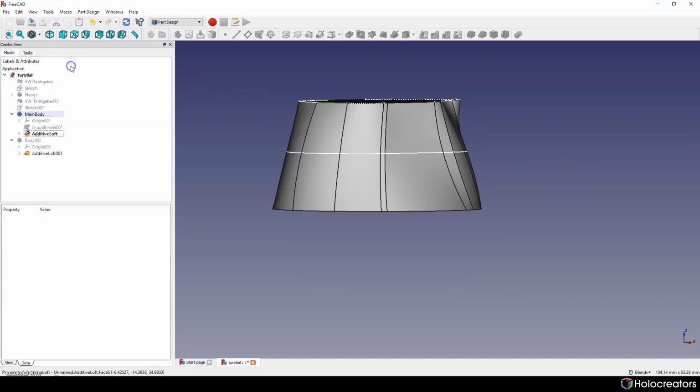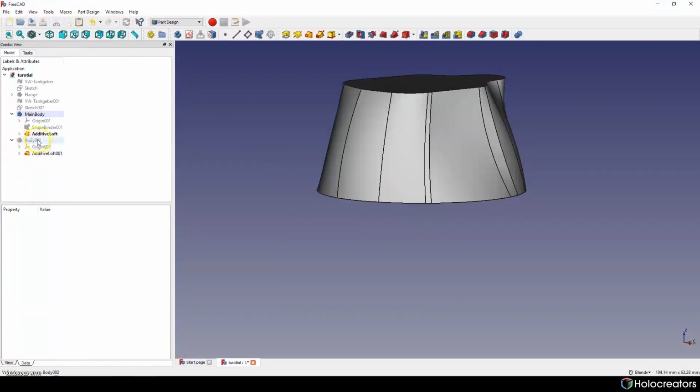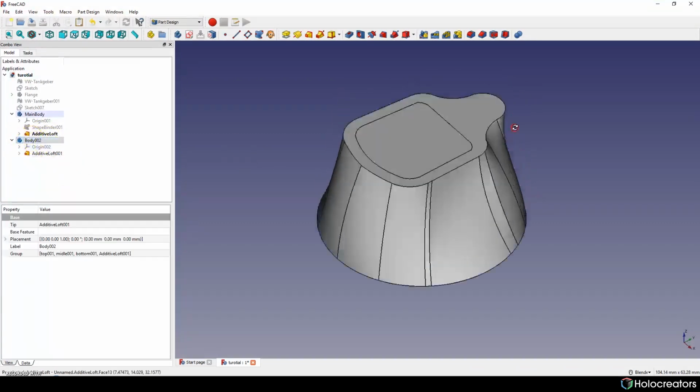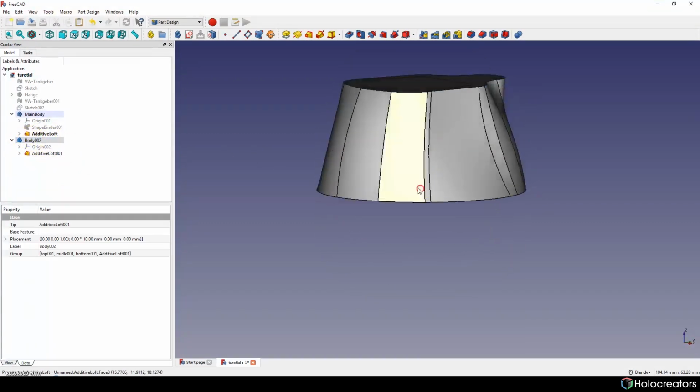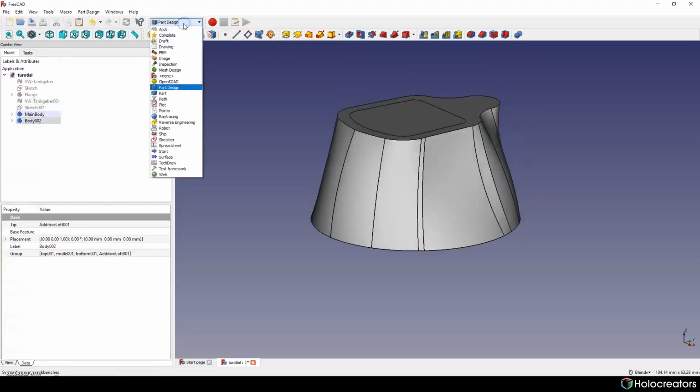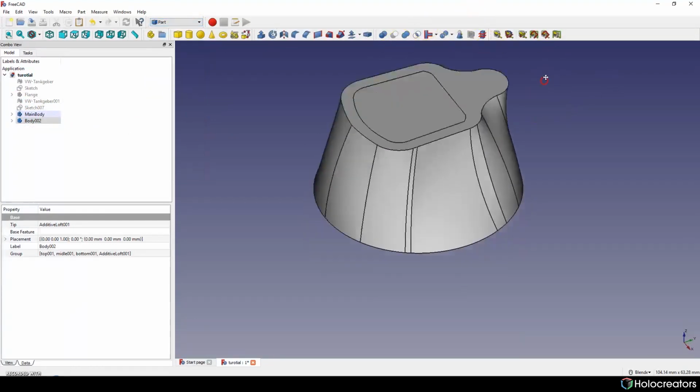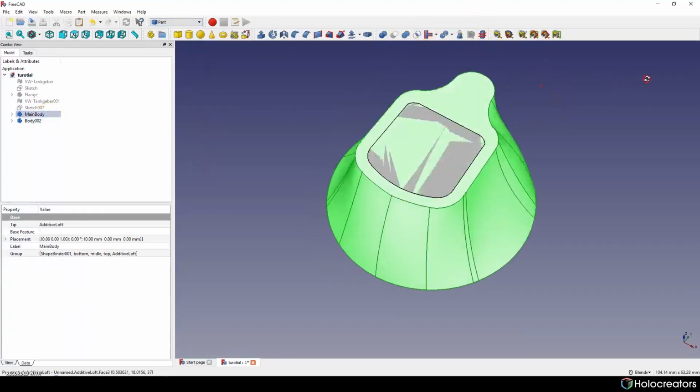Then we hit OK. Same with the other batch of sketches. So we have just two shapes, and after that we can do Boolean operation with two bodies.